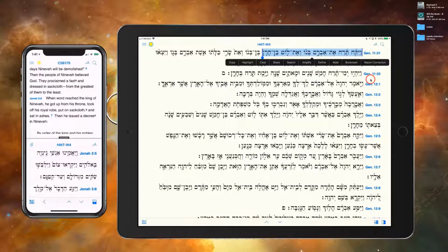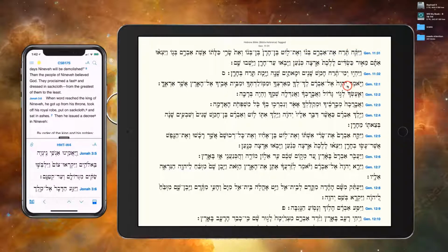a text, and I'm going to choose copy here. We'll make this into a lesson too. Let me show you what I did first. For those who haven't done this before, I grabbed a word here. It's called a tap and hold, and then I grabbed this little handle, and I come out here and grab some text. If I hit choose copy right here, that's not going to copy Yehudit. That's going to copy